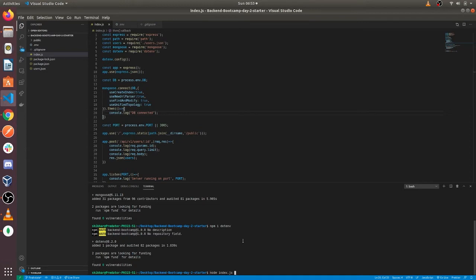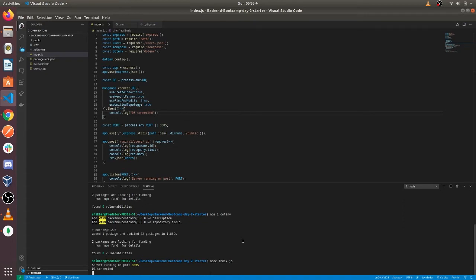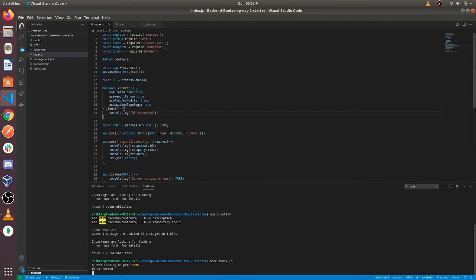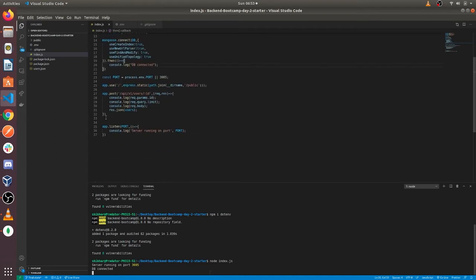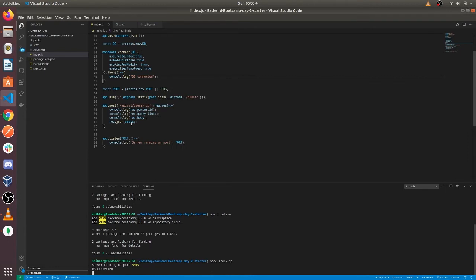Now let's run our file and let's see if our database gets connected. Okay, so now our Node application is connected to our MongoDB database. Now what we need to do is that, as you can see, all our code is in this one single file, which is not a very good practice, as it won't be manageable after writing a bit more. So we need to give our app a better structure.